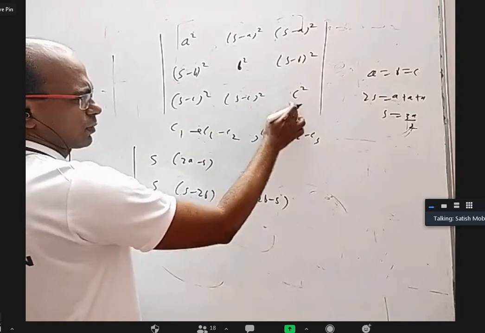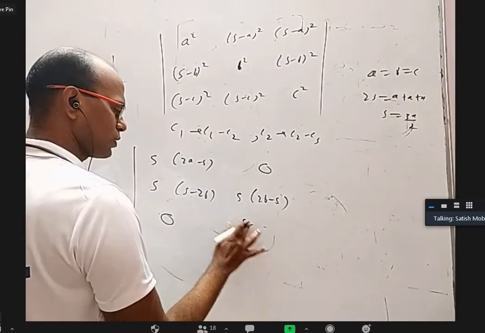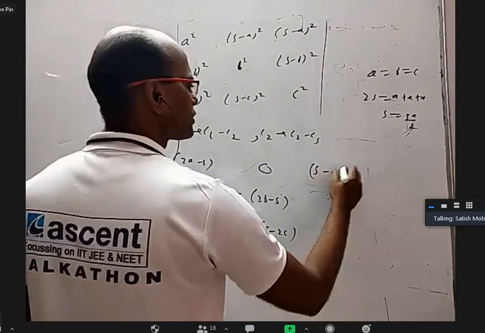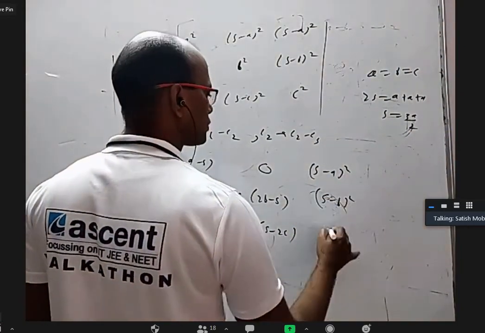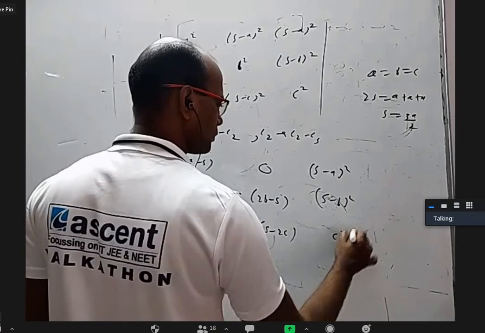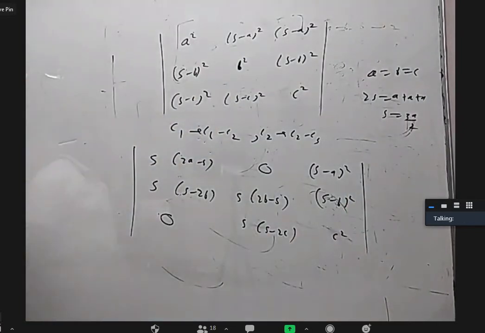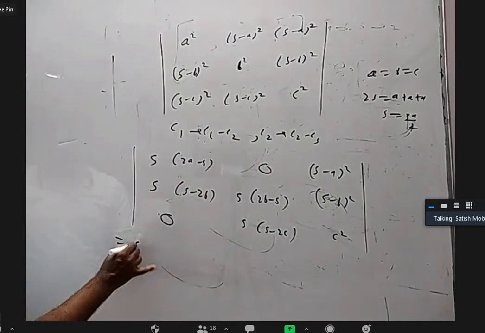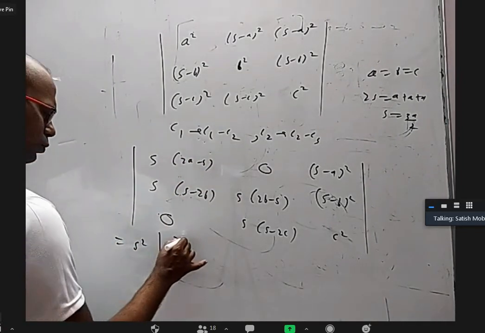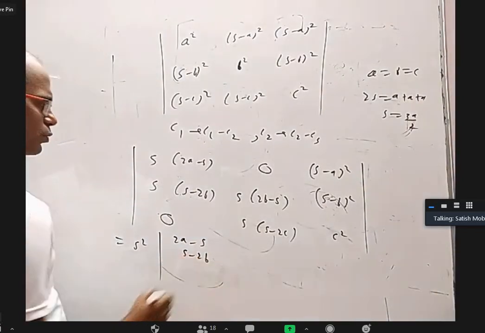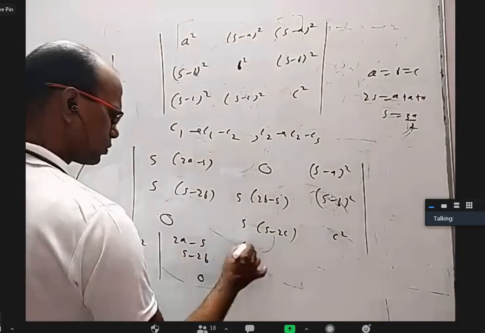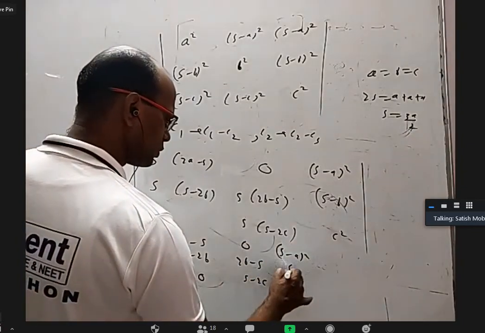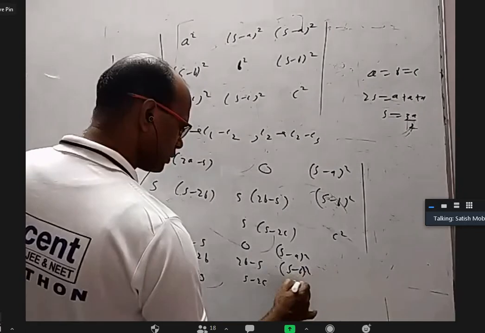This minus this is 2B minus S. Similarly, if I take the x square minus y square formula, S into S minus 2C. This is S minus A whole square. This is S minus B whole square. This is C square. I could get one S common here, another S common here, so I will be getting S square common: 2A minus S, S minus 2B and 0; 0, 2B minus S, S minus 2C; S minus A whole square, S minus B whole square and C square.